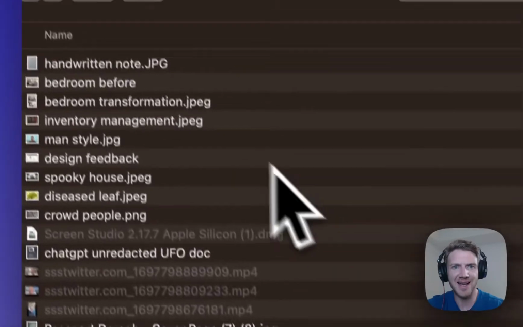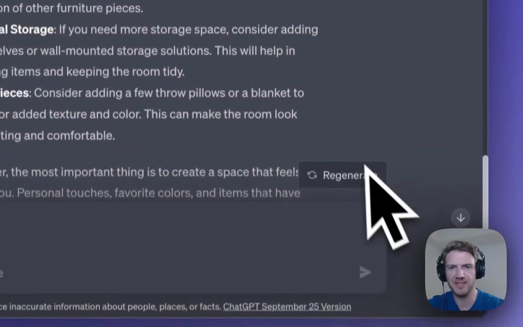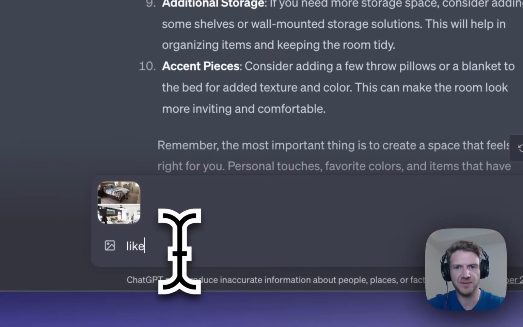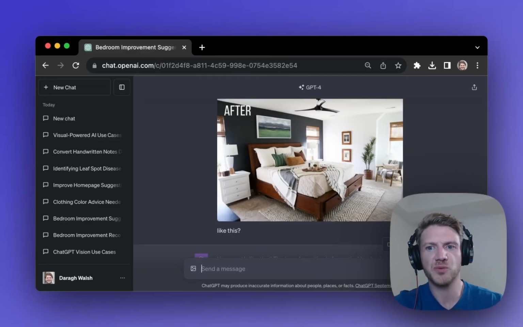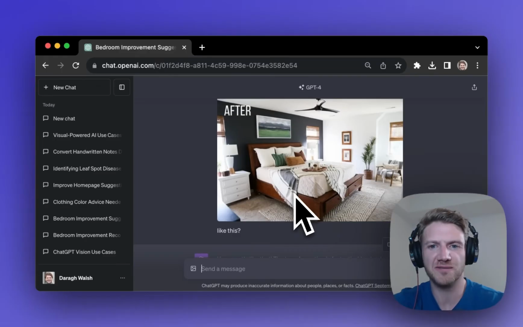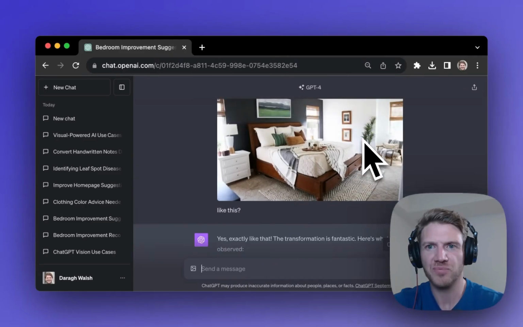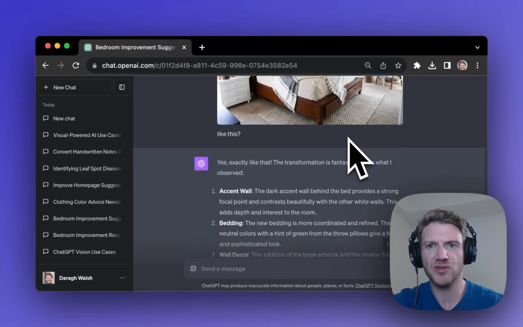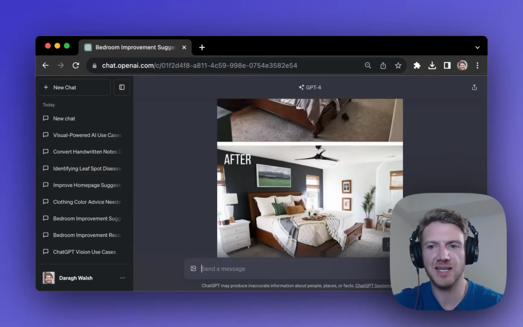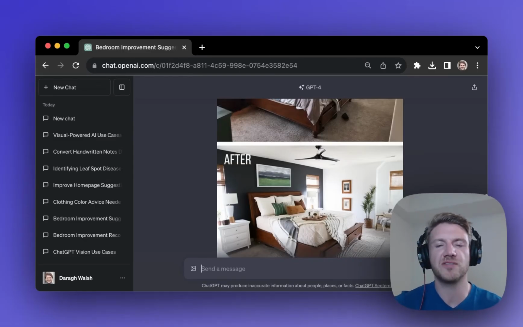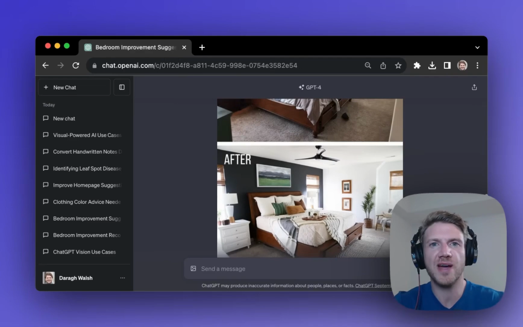I've actually got the after picture here as well, so we can really see the transformation. And pretty much what ChatGPT said actually is in this image. Now, I know it's quite hard to visualize, but yes, there is better bedding. There is a rug. There is a plant there. There are some things on the wall. So it's not perfect, but I think for free, this is something you can use at home and get immediate benefit from. That is just 5 of the use cases for ChatGPT Vision, so go ahead and try it out